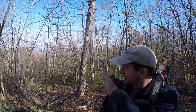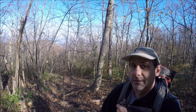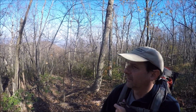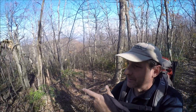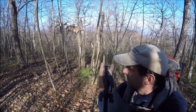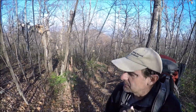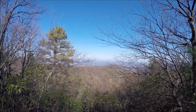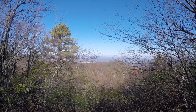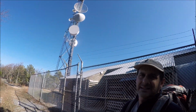It's across this gulf, and I can see the radio towers on top of it. It's actually below me a little bit at this point, so I need to go around to this ridge in front and then sort of hang a right back out to it. So I'm close as the crow flies, but I still have a bit of walking to get over there. So there's Signal Knob out there with the radio antenna on it. All right,